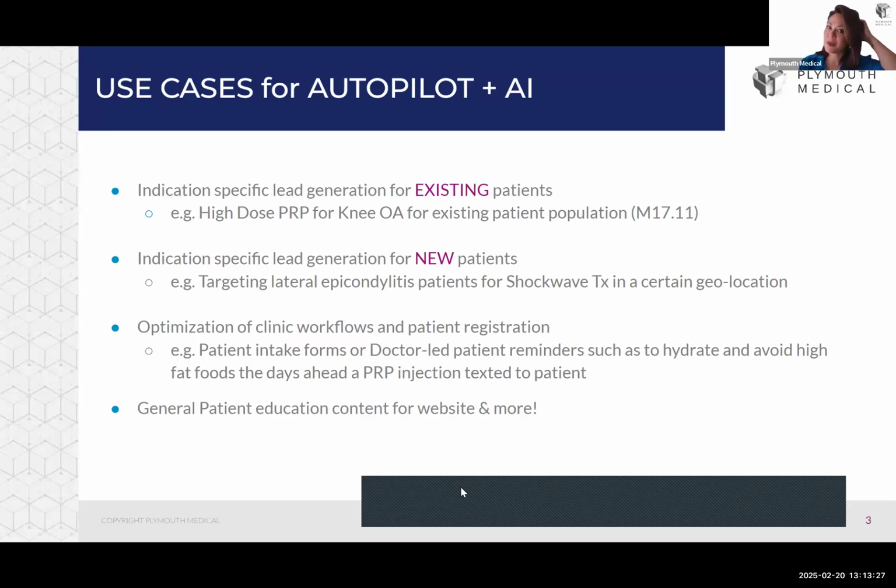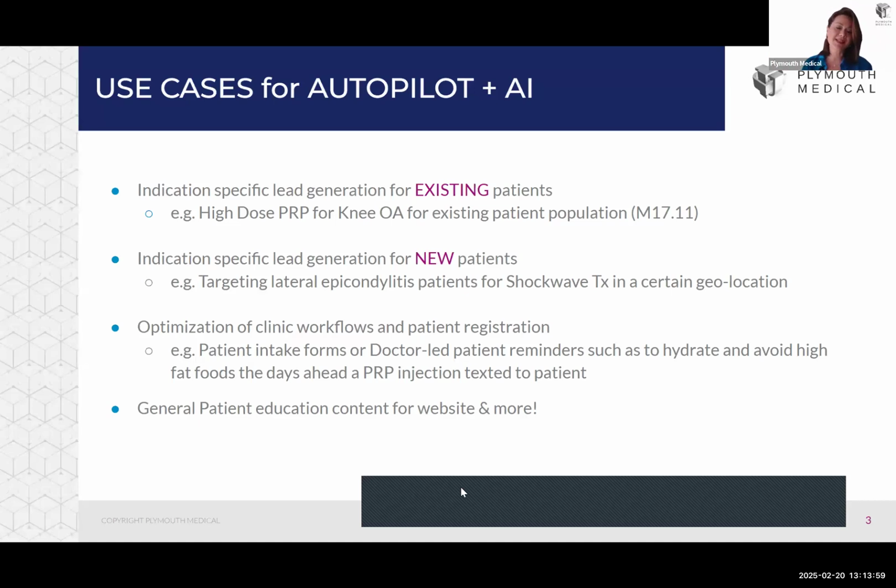So, in my opinion, that's what's so exciting about leveraging this tool, just because our clients keep telling us, look, I have so little time to educate my patients. I feel like I'm saying the same thing over and over again. I don't have any resources to film 80 plus videos on all the different indications that I treat in clinic today. So from our perspective, we're really excited at Plymouth Medical to have developed these tools with Valley Health and OnDoc